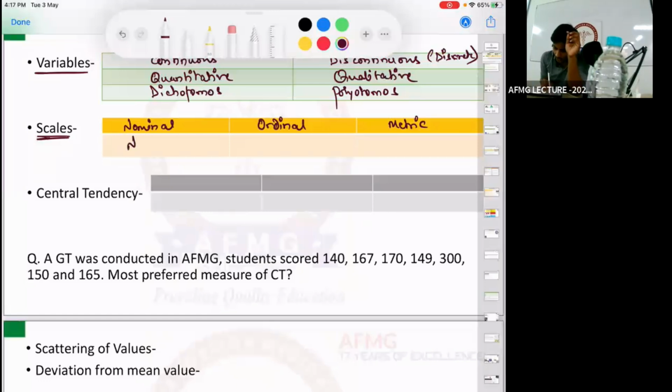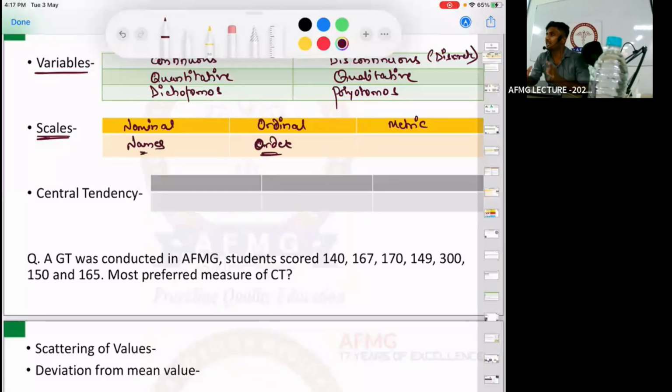If I talk about ordinal scale, guys, here there would be a specific order. So if I talk about disease, TNM staging of some cancer would be an ordinal scale. Then grading or severity of some disease would again be an ordinal scale because it is a specific order. Mild, moderate, severe, right? That type. So it is an ordinal scale.